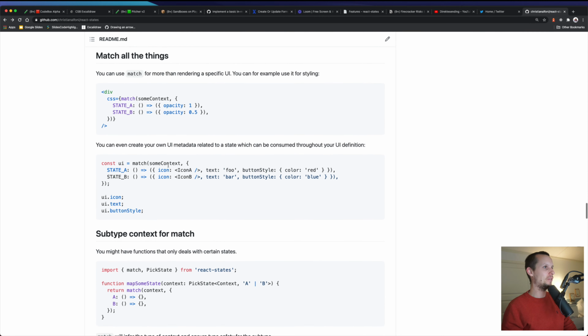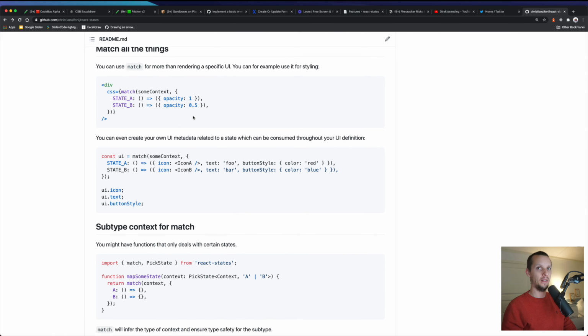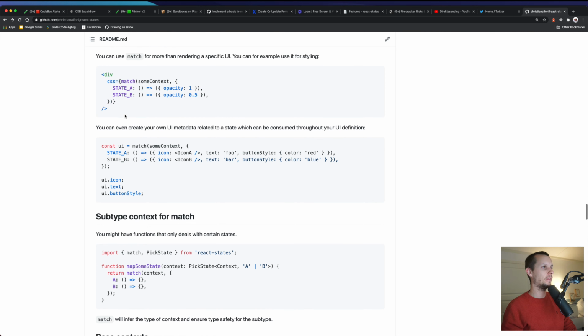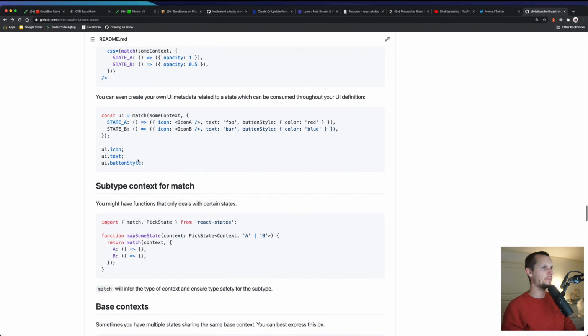Okay, and then match all the things. So you can match on more than the UI to produce JSX. Maybe you want to create some specific CSS based on the context. You might even want to create an object that creates different properties that is going to be used to create your UI.